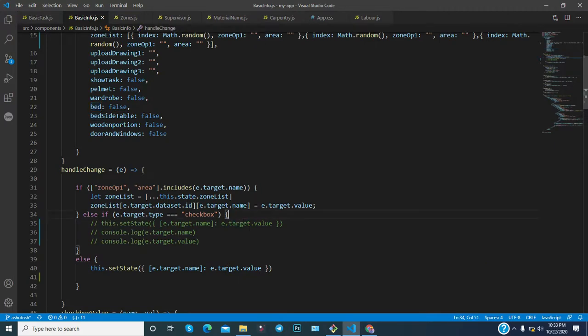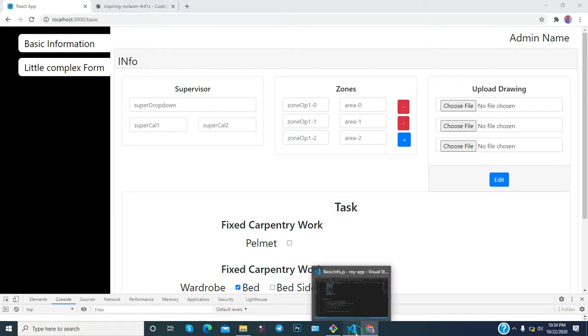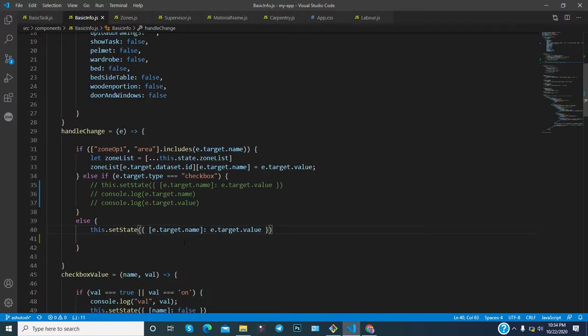As you can notice, you are collecting the name with e dot target dot name, which means you get the value of the name, and then e dot target dot value, which means you get the value. If someone checks, then true and false should be updated. Like if you click here, the value gets updated as true and false, as these things should happen, but it's not like that. In a checkbox it will not work in this way. That's why you need to do it in a different way.